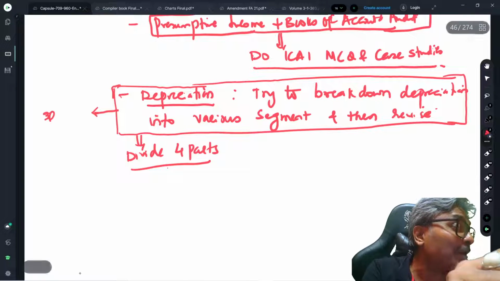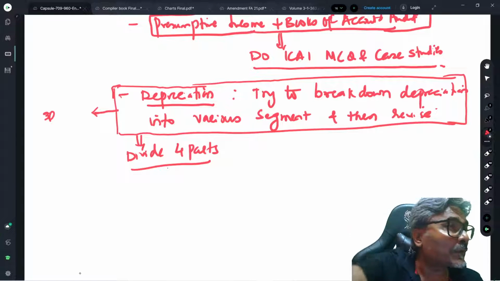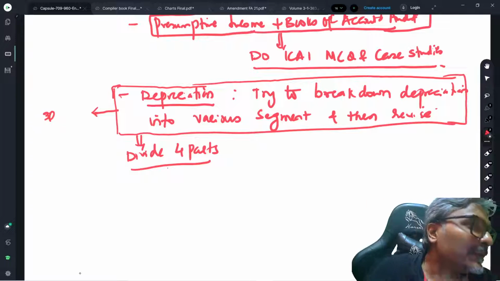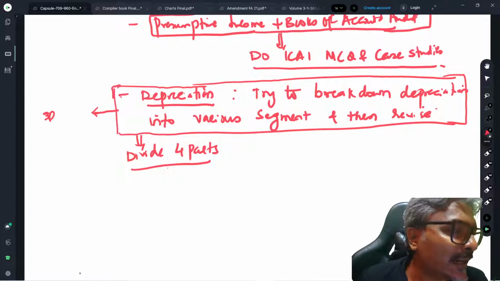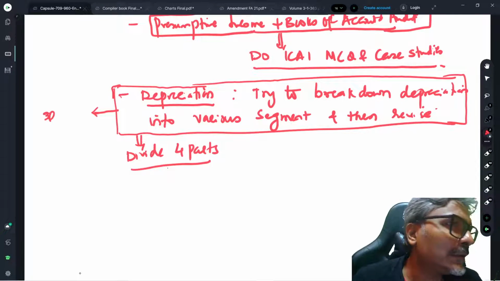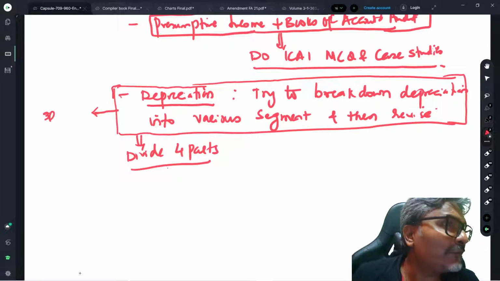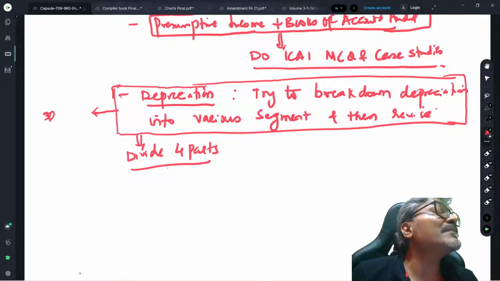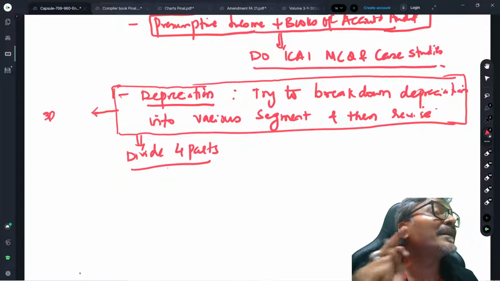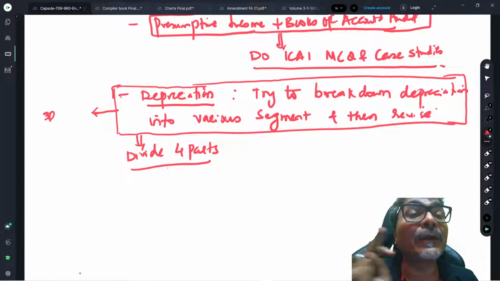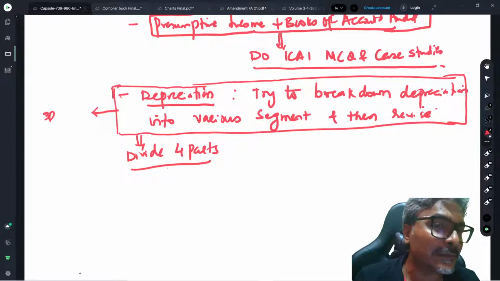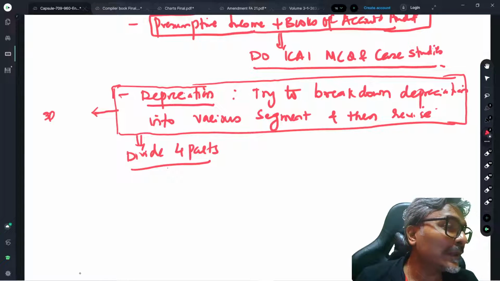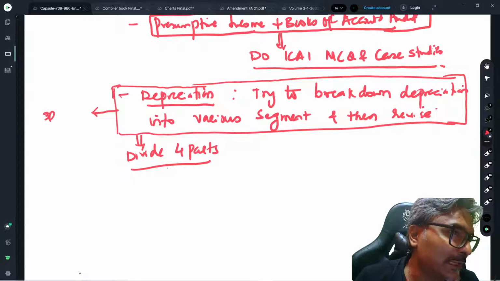It then becomes manageable, because if you do the depreciation in one go, it is suicidal. It is suicide. Are you getting this one? You will suddenly feel very bad about the entire topic or maybe the entire subject. Don't let that happen to you. I hope that all of you are clear with this. Don't let this happen to you, students. Are you getting this one or not? Please tell me clearly.